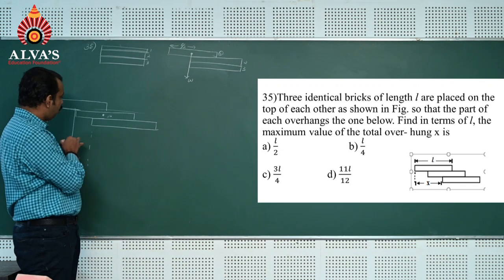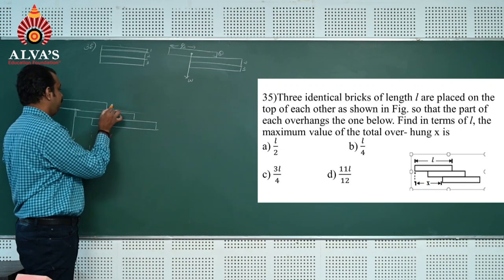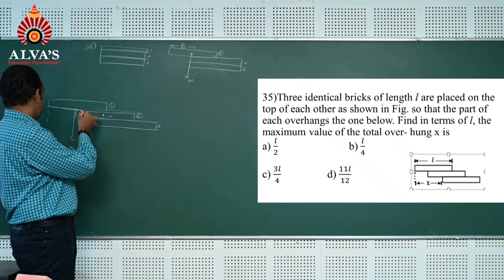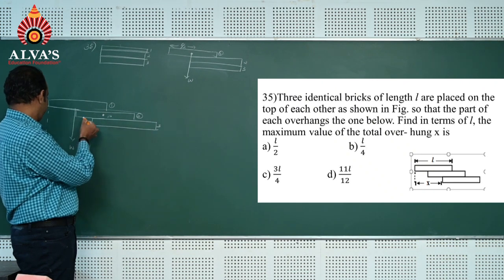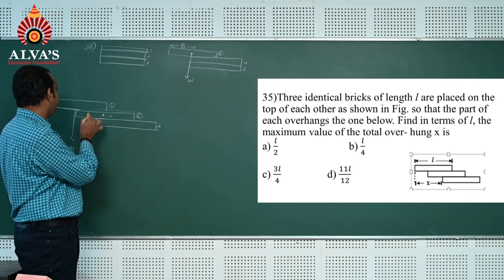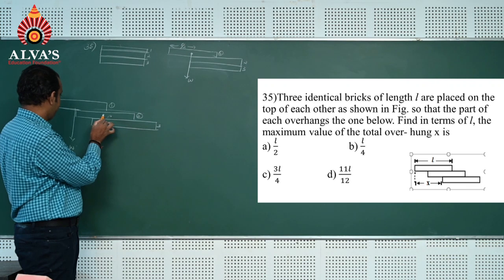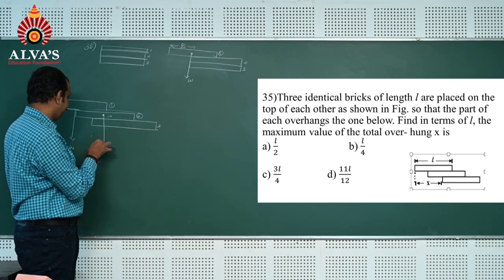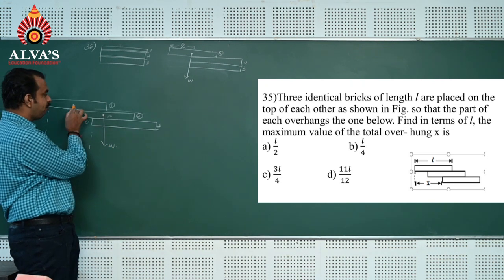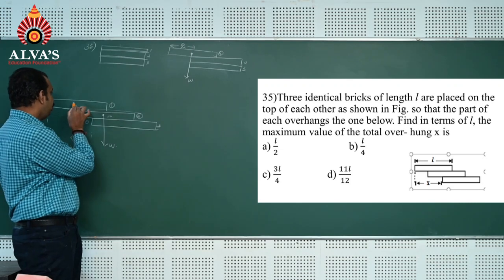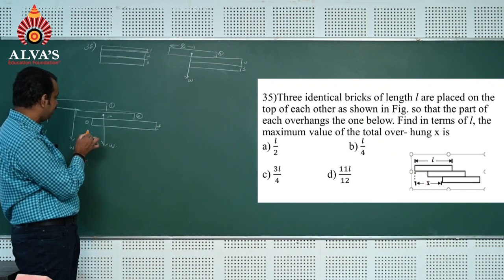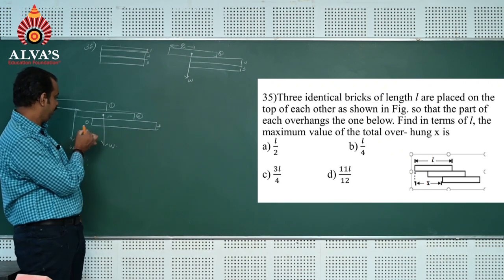When I pull the second brick outside the third brick, first, second, third, you can see here this starts unbalancing to the left side. So you can pull the second brick to the extent such that the torque due to the second brick about this point must be balanced by the torque due to the first brick. Up to that length, the second brick can be pulled.